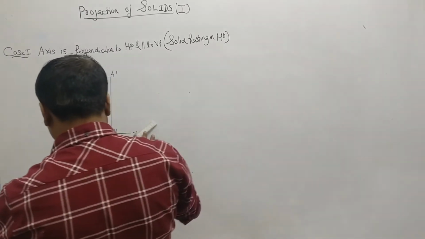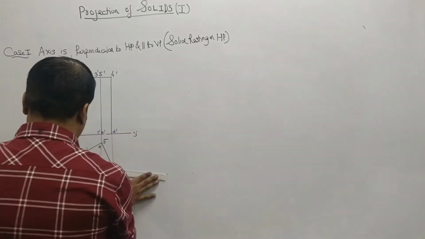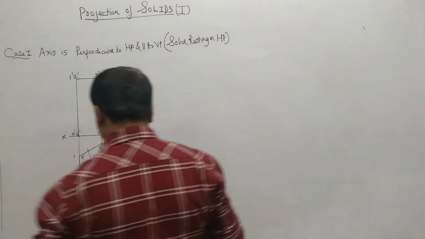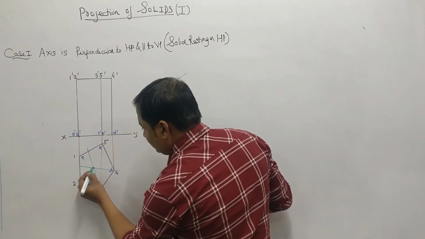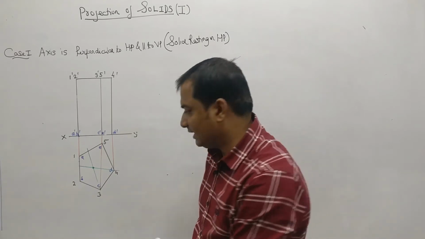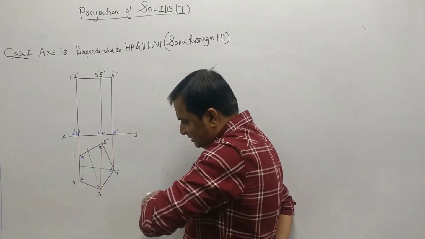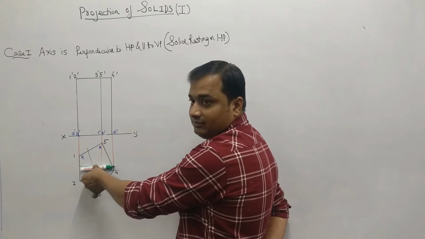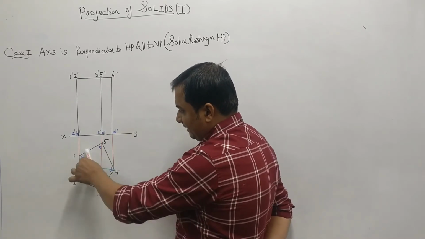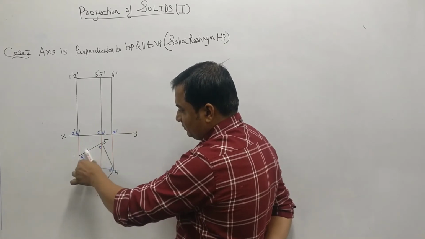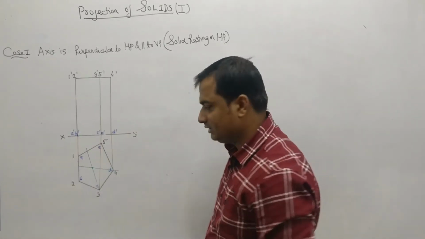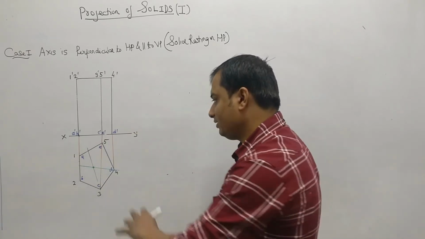Very light. Draw the bisector of any two sides. Okay, so the intersection of the bisector. See, my pentagon is not correct, so that is the reason I am getting this line a little bit slanted, but you will be getting this line horizontal. This will be exactly horizontal, and it will be passing through 4. And again, when you draw the bisector of this 1, 5, this will be exactly 90 degrees and passing through C.